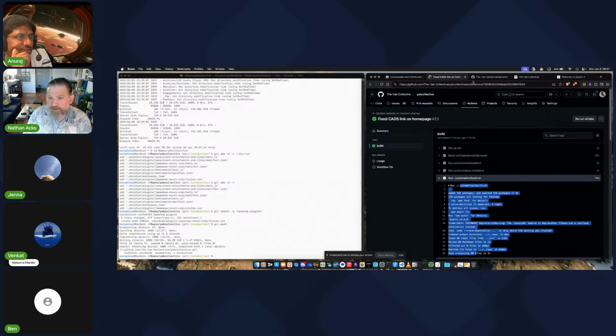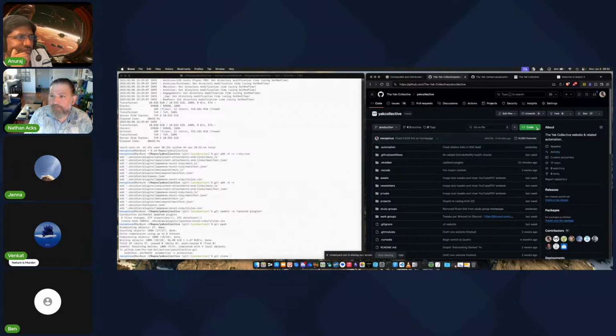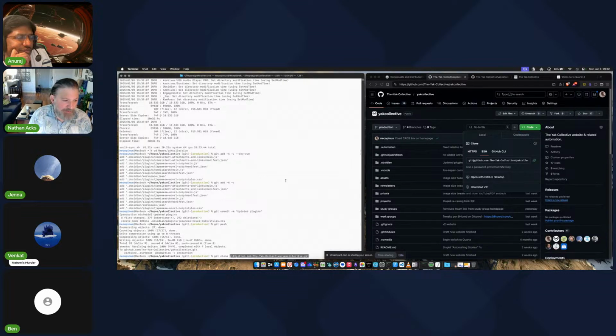So let's take a look at the desktop view. What does this look like on the desktop? I've already got this cloned down. If I wanted to get it the first time, I'd do a git clone and copy the link here, which would let me clone it.